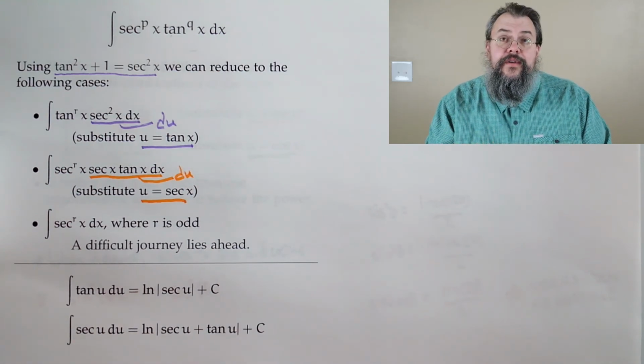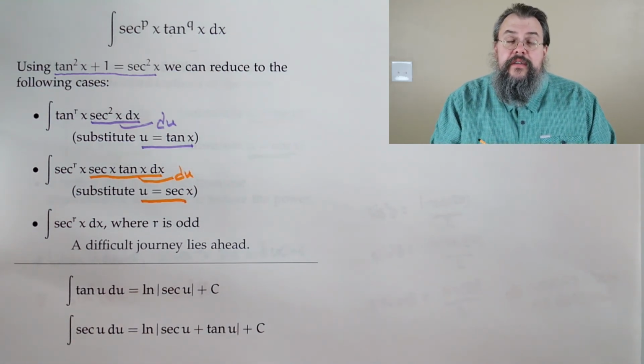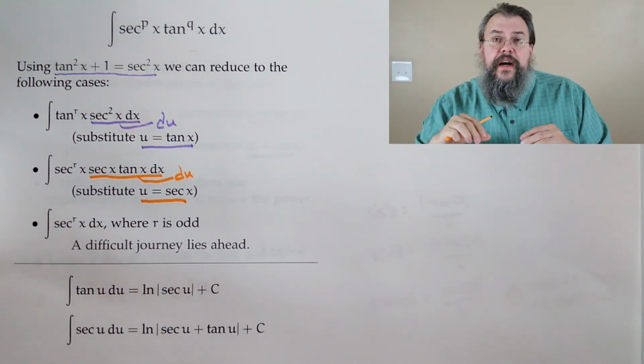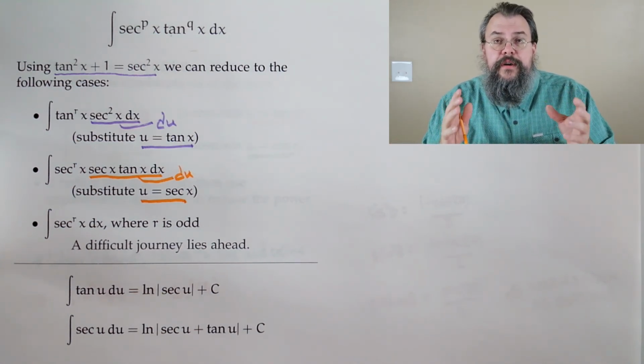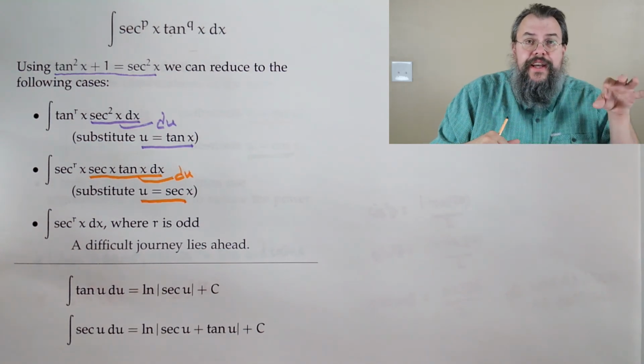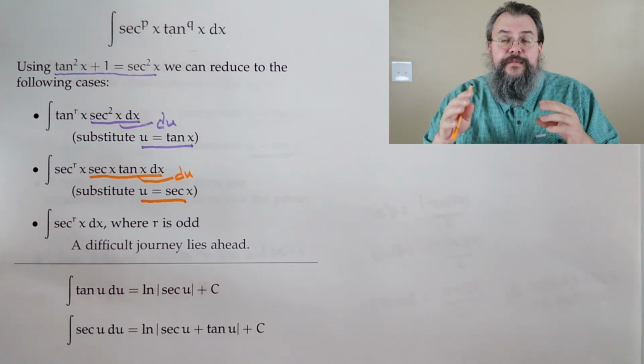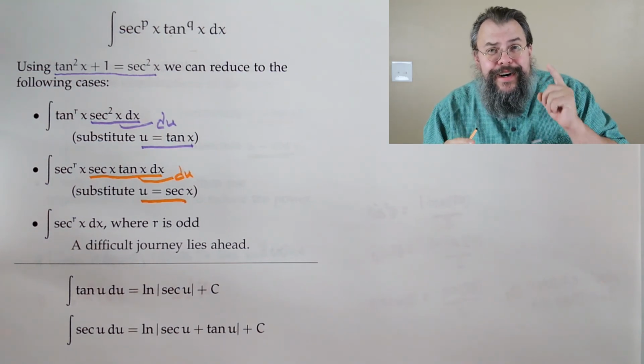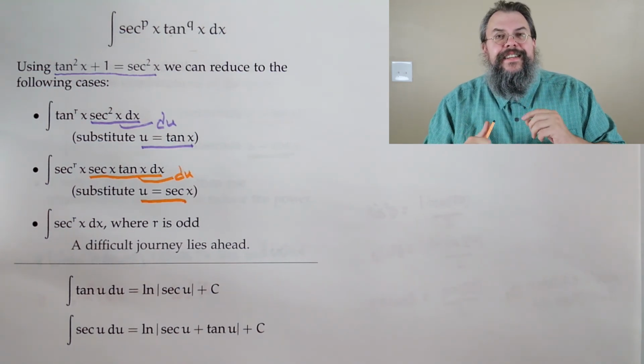So one of the things you start by doing when you see an integral like this is say, okay, can I pull off the secant squared to the side, and is everything that's left, can I put it in terms of tangent? Or can I pull off a secant tangent to the side, and is everything that's left in terms of secant? Now, there is one last case, and this is the case that's going to make us go,